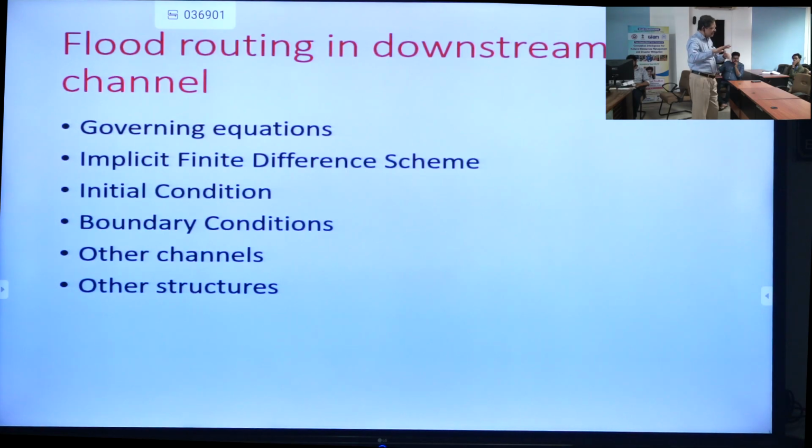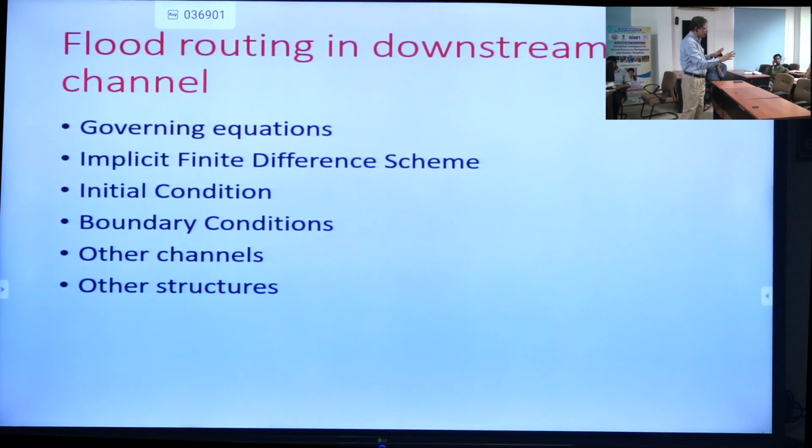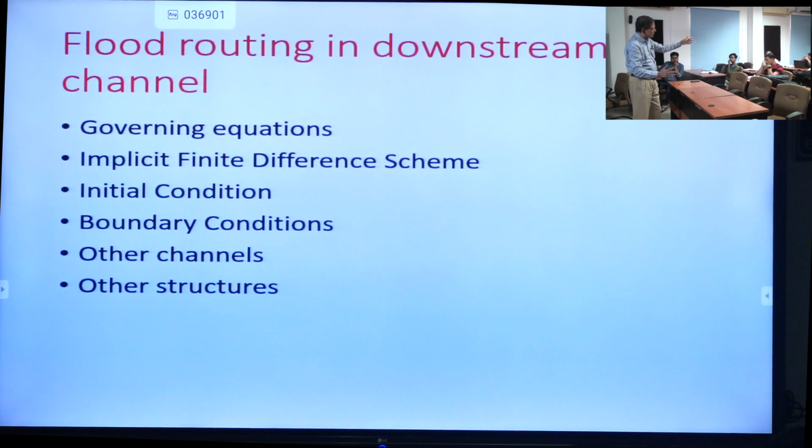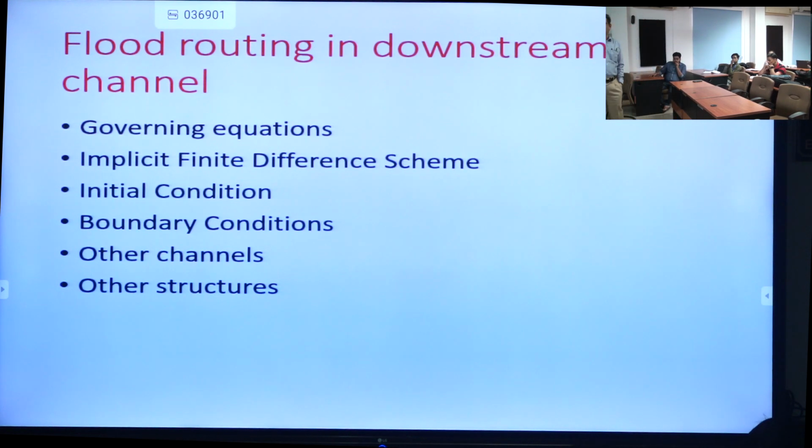So it comes to the fourth sequential step, which is controlling the downstream channel. Like any other mathematical model, a physical process is explained through some governing equations. In my initial slides, I showed that governing equations could be anything. If you see the literature, you will find hundreds of governing equations. So here in Negras,